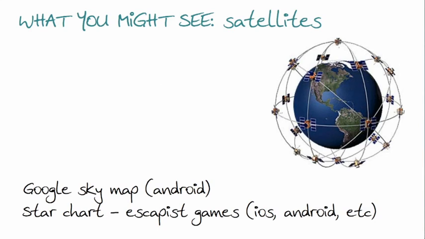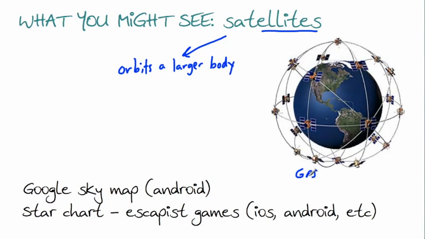Now, what is a satellite? Well, a satellite is just something that orbits a larger body. We often use the word satellite to mean man-made objects. Here, for example, this is GPS. If you've ever used your car or a smartphone GPS, you've used this. GPS stands for Global Positioning System. There's a bunch of satellites that go around, and by knowing where the satellites are and when they are, your little device figures out your